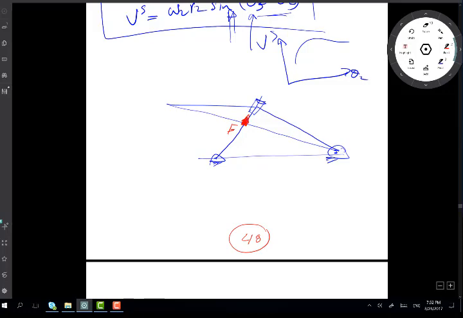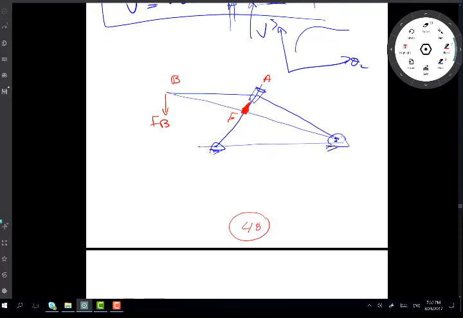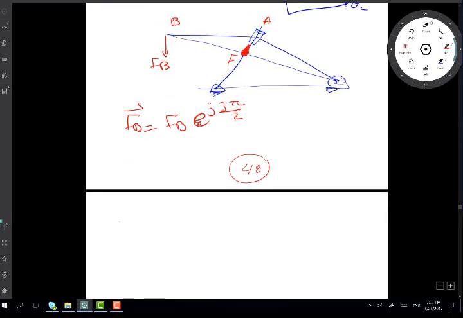Okay, and so this point, call this A, this is B, and there was some force acting, FB. It can be a constant load or whatever. So now FB as a vector is FB e^(j3π/2), that's the direction. Then I need VB as well. So VB as a vector is equal to, if this whole length is L,